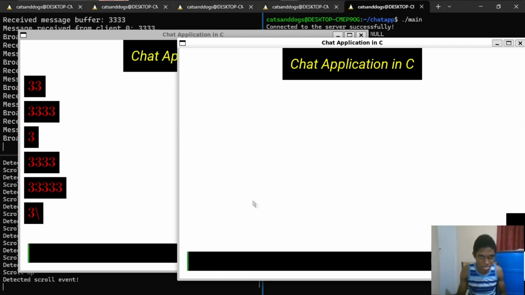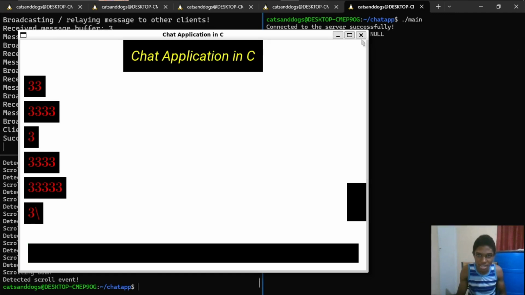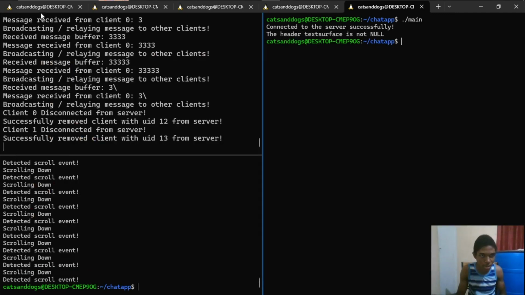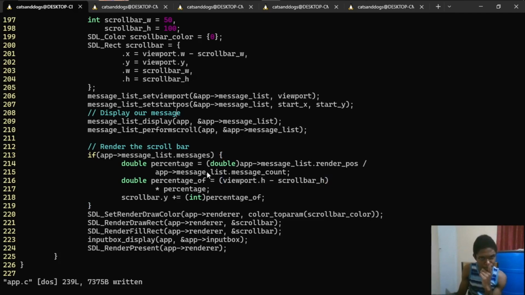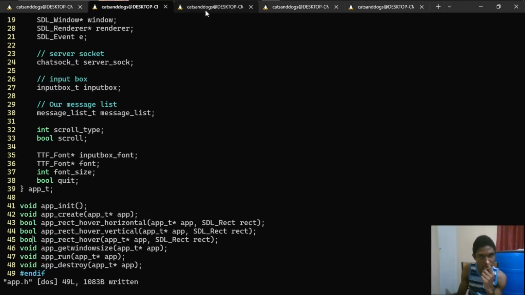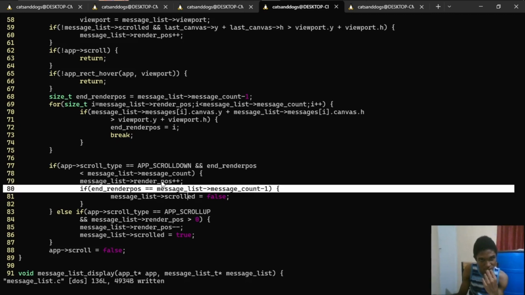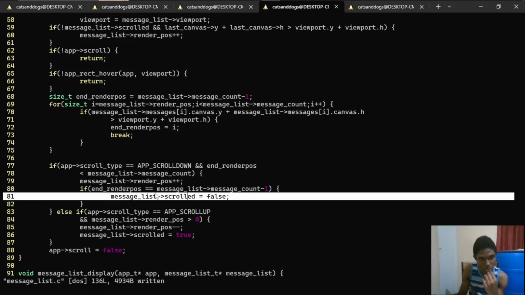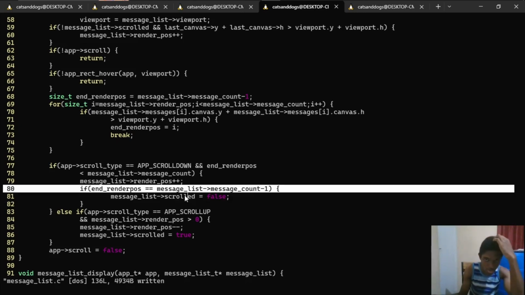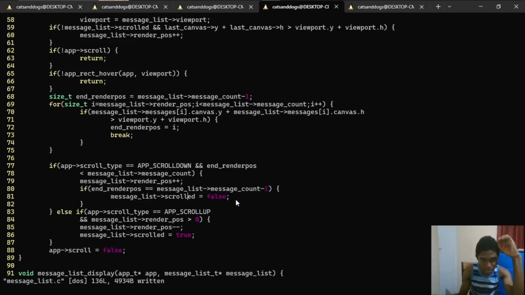Alright, this isn't supposed to happen. Whenever we scroll down, we're not supposed to be able to scroll past the last message, so let's try to fix that real quick. So let's go to our perform scroll function, and let's see. So we check if our end render position is less than our message list count. Then we increment our render position. We say if end render pos is equal to our message list message count minus 1